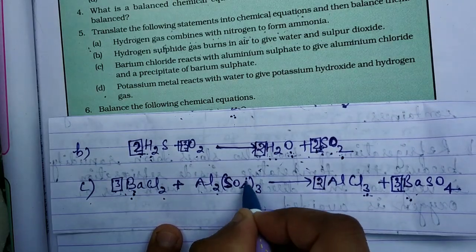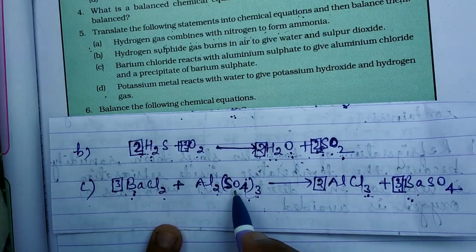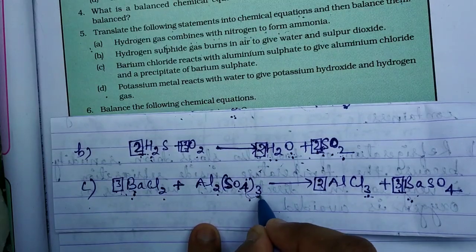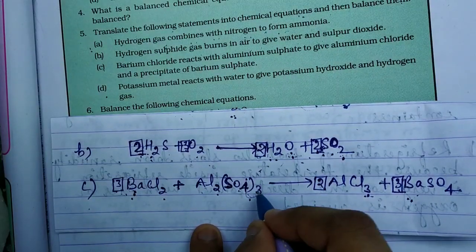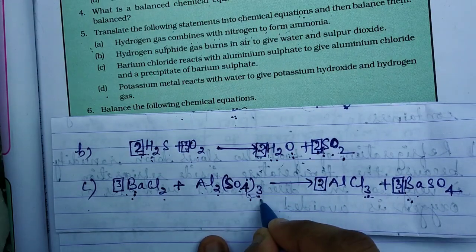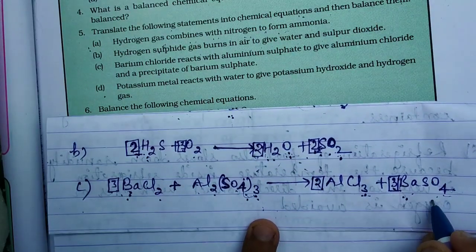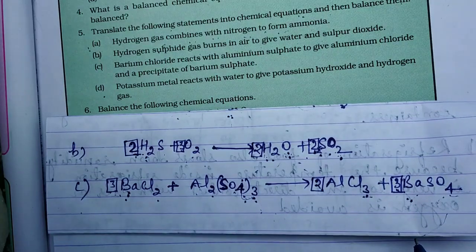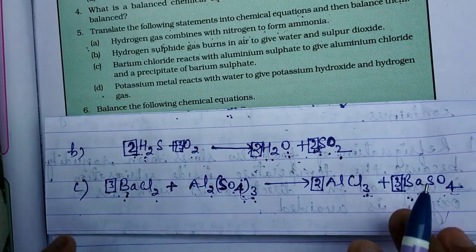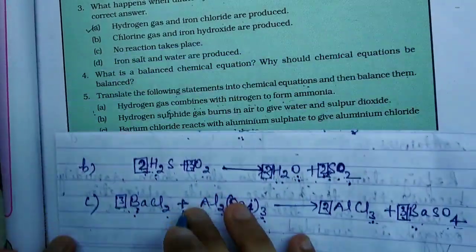Oxygen in this case will be multiplied with this 3. So sulfur is 3 only here, but oxygen O4 is already there, then it will be multiplied by this outside number 3, it will become 12. 4 times 3 is 12, then here 3 times 4 is 12, here also 12 oxygen atoms. So finally this equation is balanced. Now next is